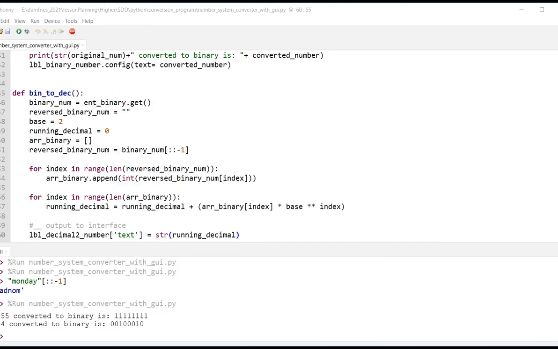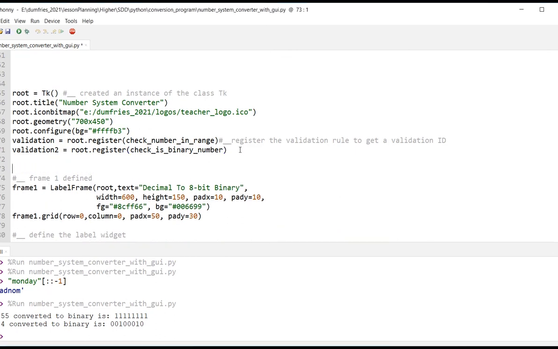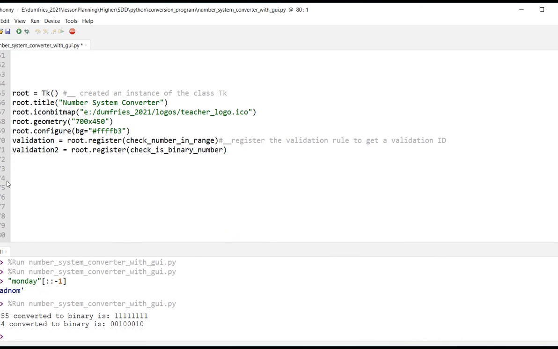Good. So the next thing we want to do is format the fonts to make the user interface look a bit more appealing than it is right now. So I'm going to define them under my validation before I go into my frames. So I'll put a bit of space in here and then put a comment in just to see what's happening in this section. So it's define font styles, and then I'm going to create a couple of styles. So my frame labels,